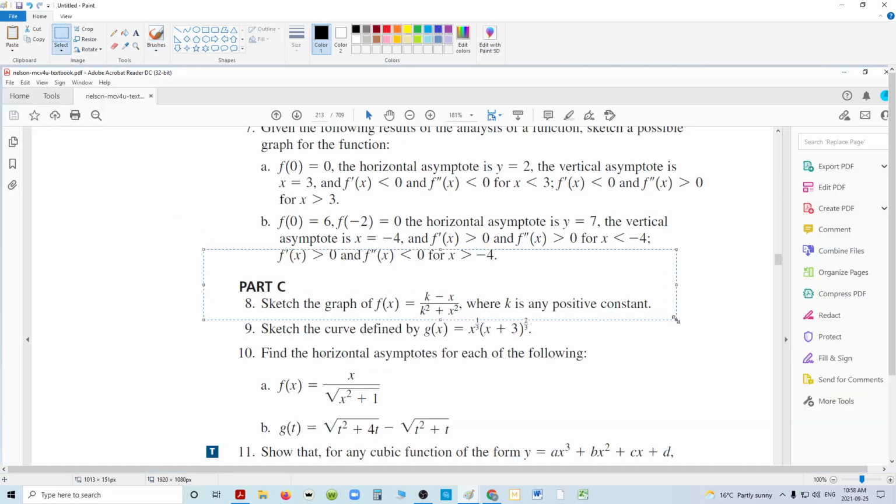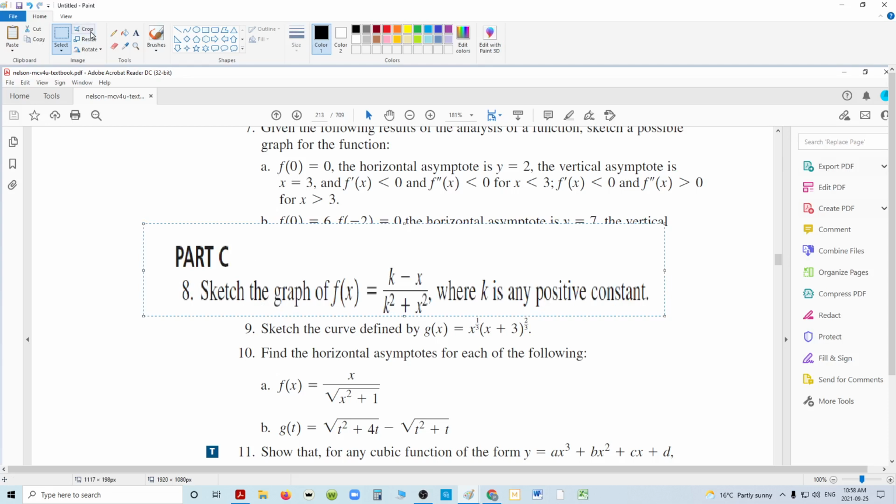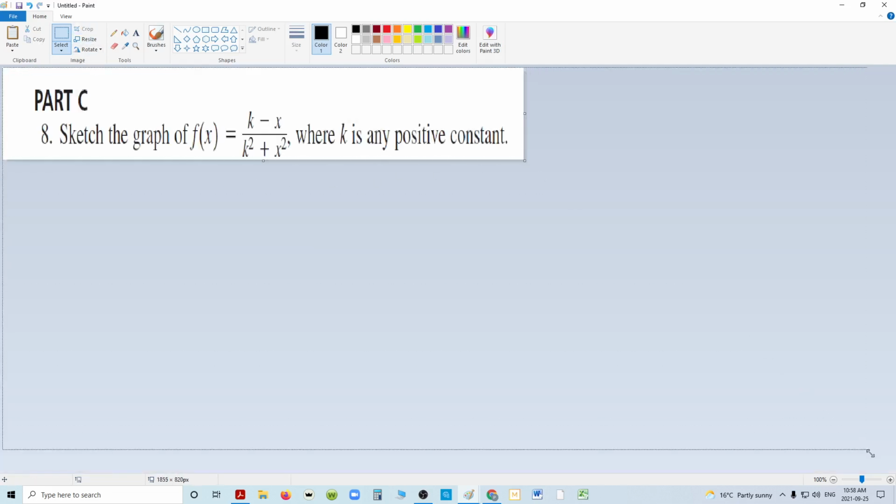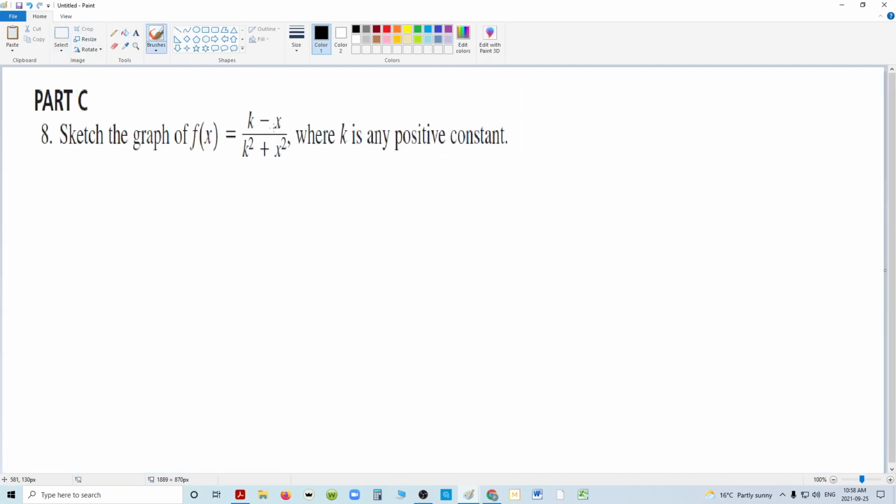The reason I don't do those hypothetical ones is because I don't see a practical scientific purpose to it. However, if your teacher wants it, do what they did. Now, any positive constant means it has to be 1 and up, plus 1 and up. So look at this theoretically. If it's 1 minus x up here over 1 plus x squared, or 2 minus x over 2 plus x squared,